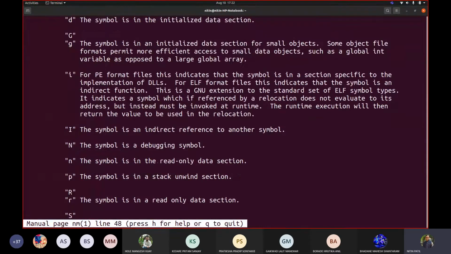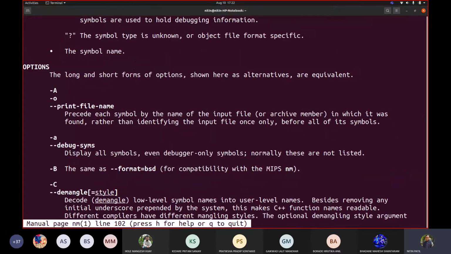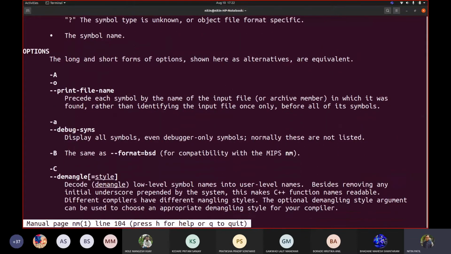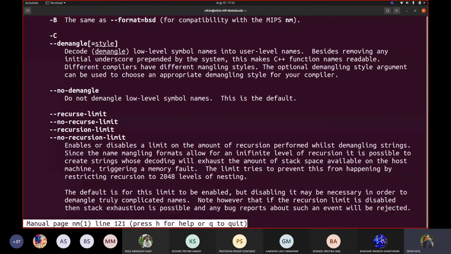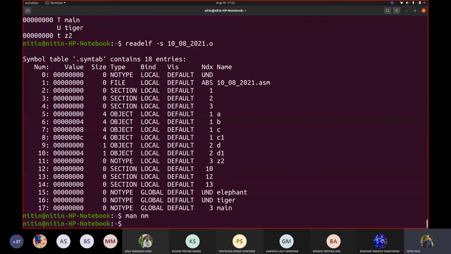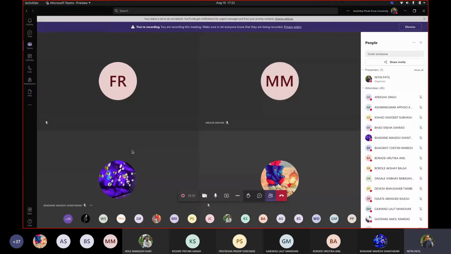How exactly you can make use of those different switches available over there. So what happens when you write -a, what happens when you write .o and so on. Now think of this: what kind of columns do you think should be part of a symbol table? Try to write it on paper. Take 2 minutes. I'm waiting for you. When you are done, take a photo of it and add it in the chat window.